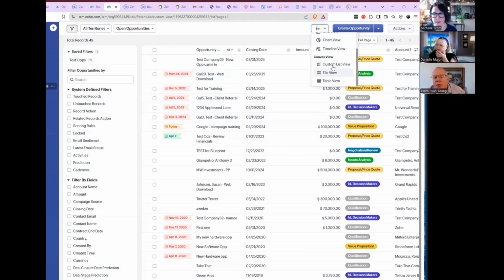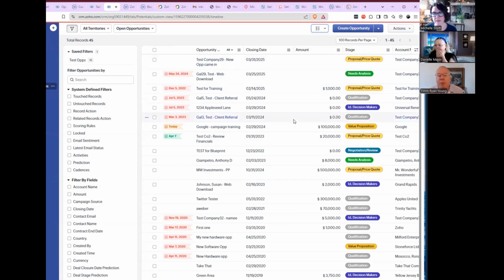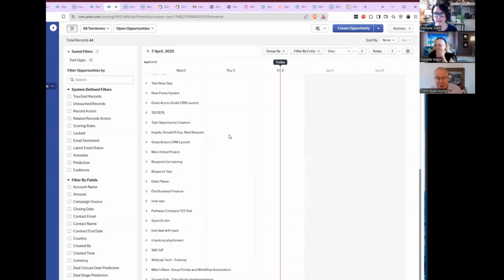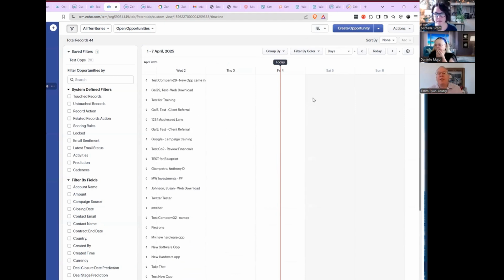I think tile view is great under certain circumstances, but for efficiency and, to Michelle's point, for compactness of screen real estate, you see so much more. And I will speak for myself, my brain works in that list view really, really well. I can look at it and understand it very quickly. The tile view can be a little overwhelming to me. There are times when it's great, but